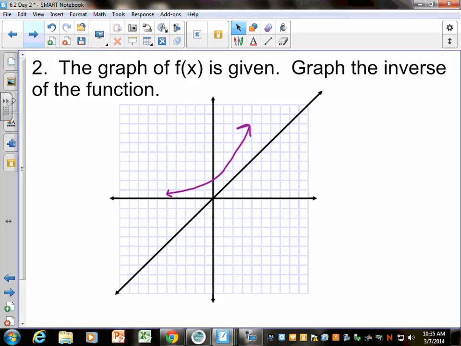So I'll give you a minute to kind of sketch this out. I should have printed these off for you. That would have been so nice, wouldn't it? Well, I don't know. I don't know what it is. When I get to the weird